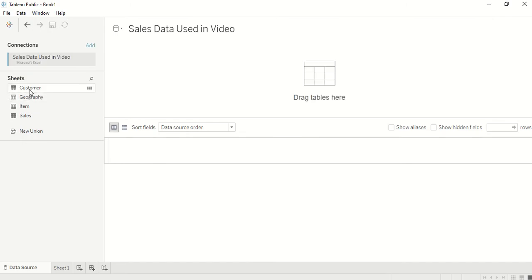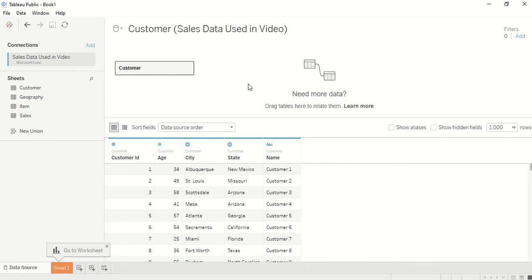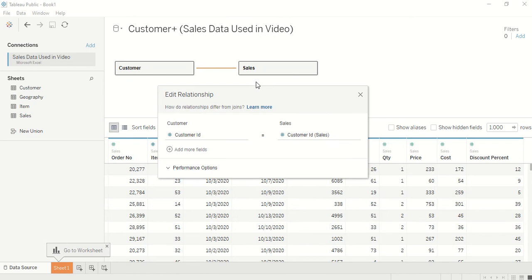As you can see, it has multiple tables. So this is my customer table. Let me drag it here. And I have the sales table. Customer ID equal to customer ID, that's what I need.